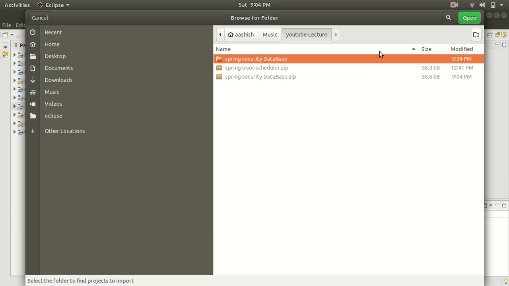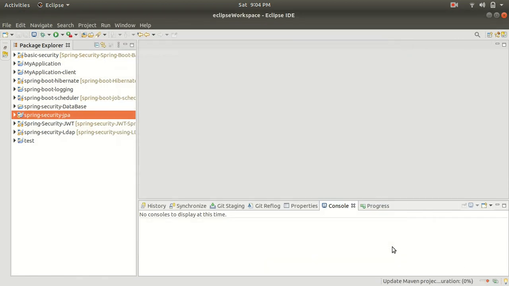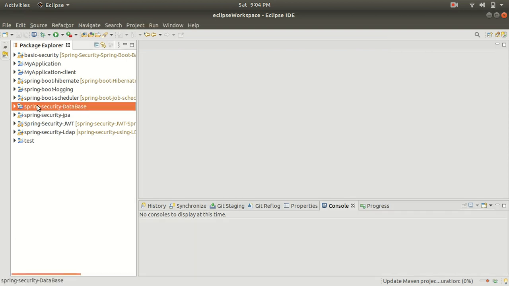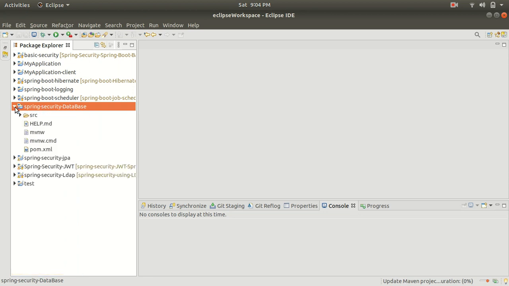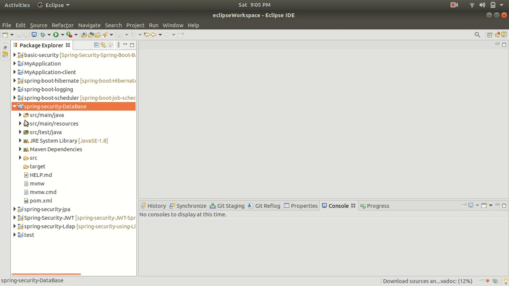Alright, so this is my project, so just open it and finish. So guys, we have successfully imported this Spring Security database project in our Eclipse. Now you can see that it is updating. Alright, so the project is updated. And now guys, I am going to create all the packages which we are going to use.